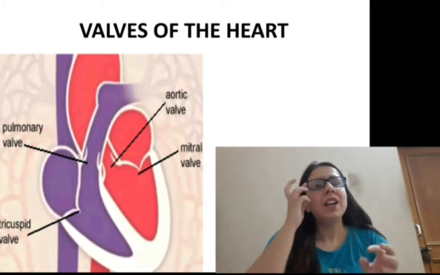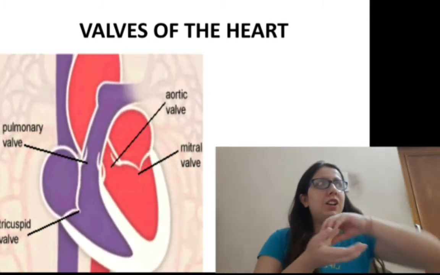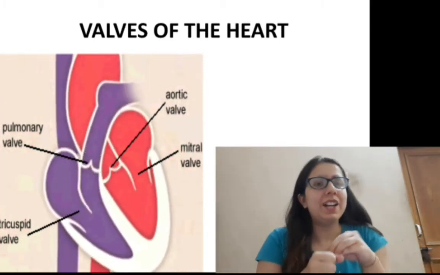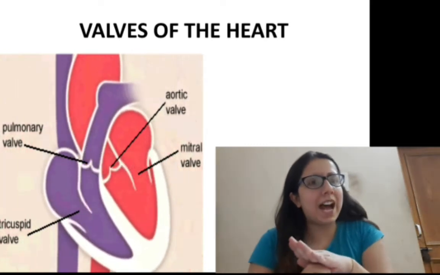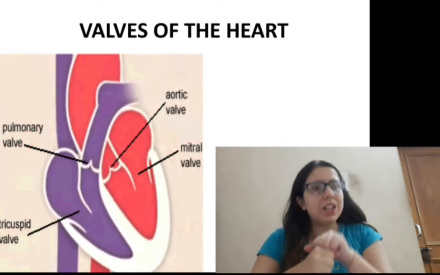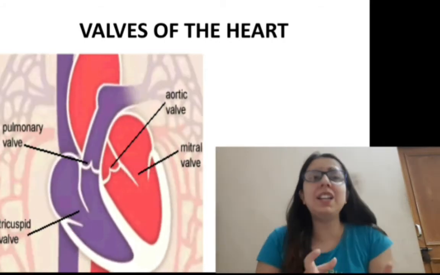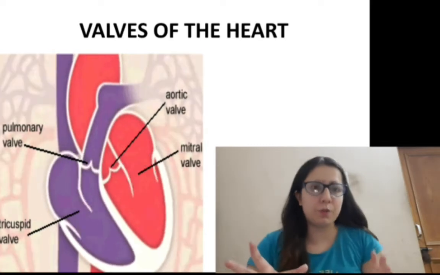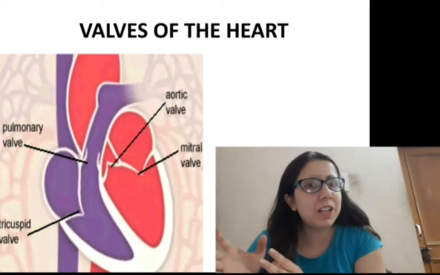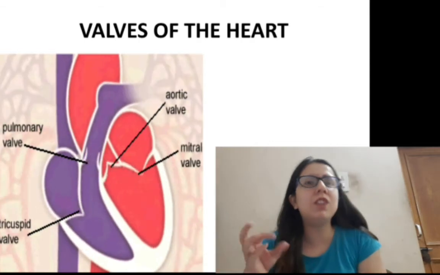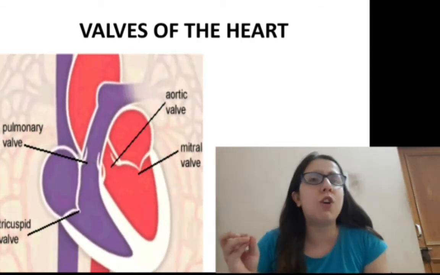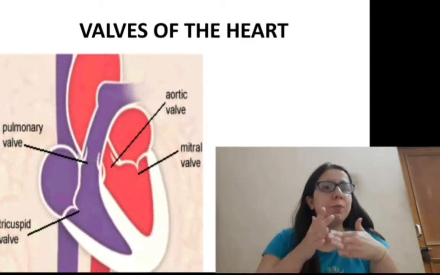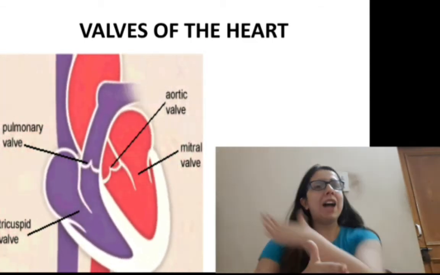Valves are something like you have in your home, like if you have a motor, you have the pumping valves on it. It allows the water to flow in, and sometimes it shuts down. Similarly, in the heart also we have 4 types of valves: pulmonary valve, tricuspid valve, aortic valve and mitral valve. The work of these valves is basically to not push the blood in a backward motion.